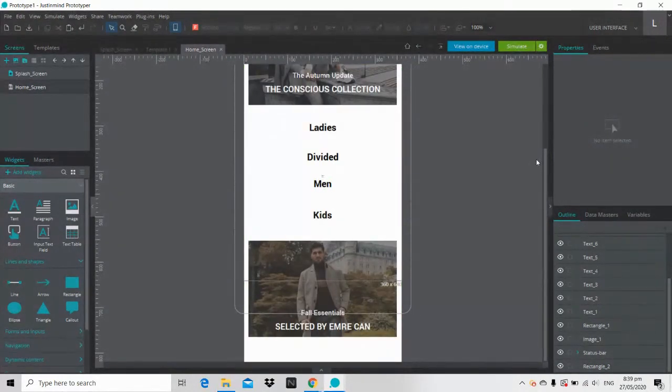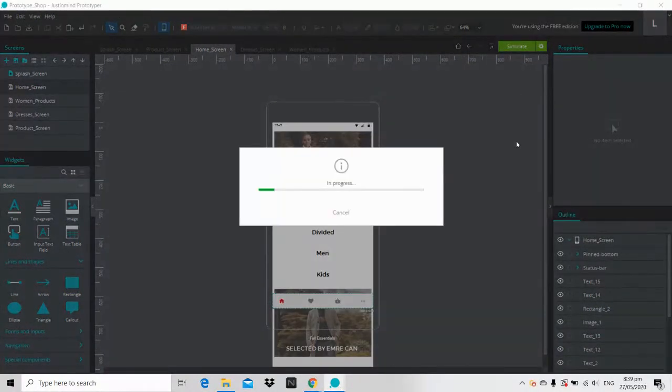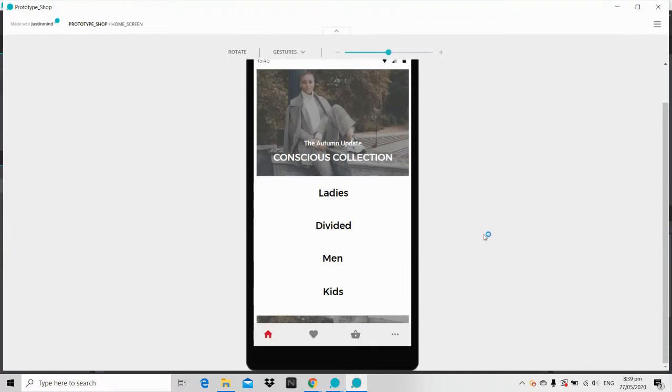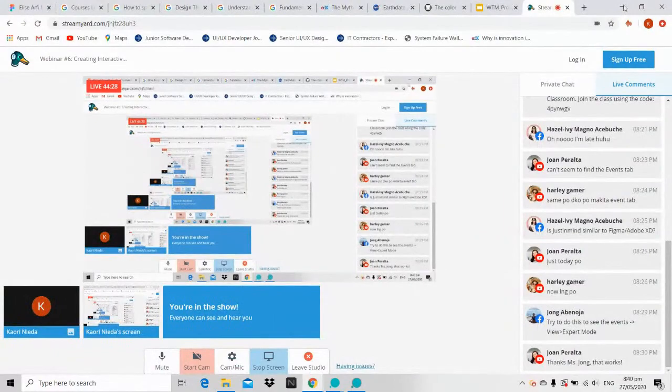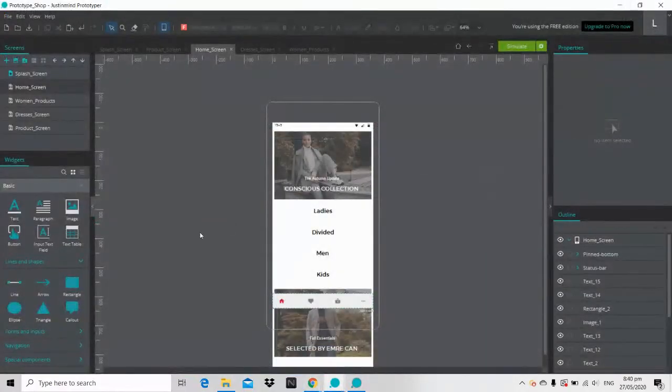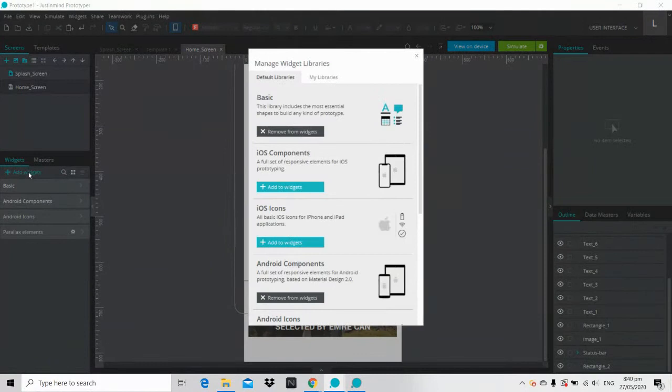Ayan. So the next thing that we will do is this part over here. Ito, yung sticky na navigation bar at the bottom. So just home, favorites, cart, and then more. So yun yung gagawin natin. So what you will do is go to add widgets. You click that. And then